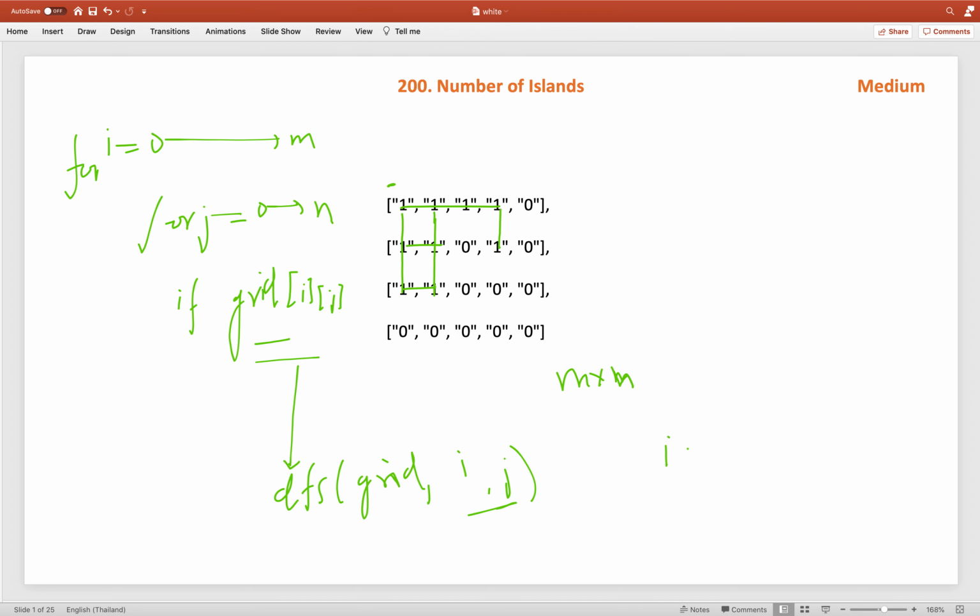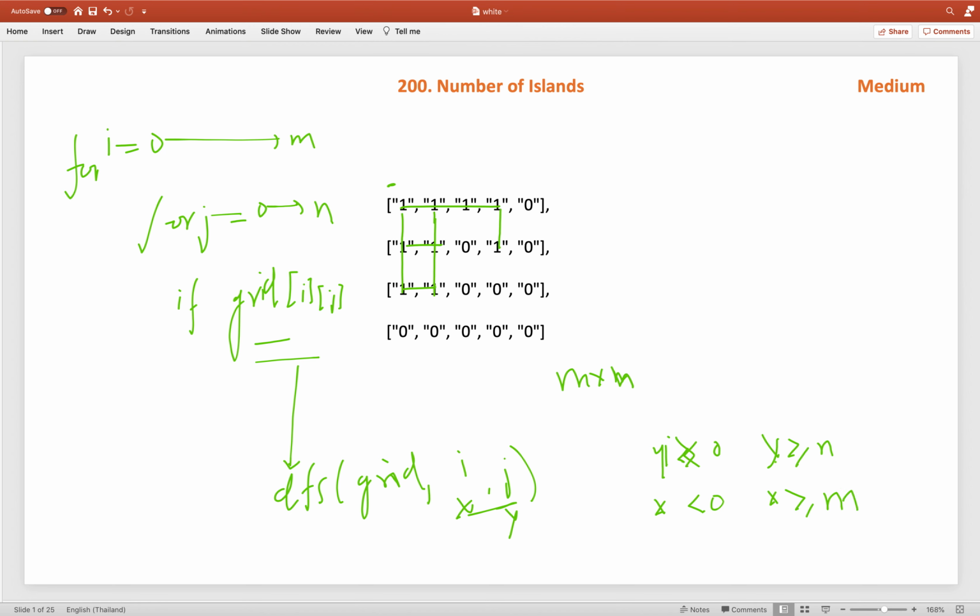For the validity condition, let us treat i as x and j as y in the DFS. We will check if y is less than 0, then we will return. If x is less than 0, we will return, or if y is greater than or equal to the number of columns, which is n, then return, and if x is greater than or equal to the number of rows, we will return.